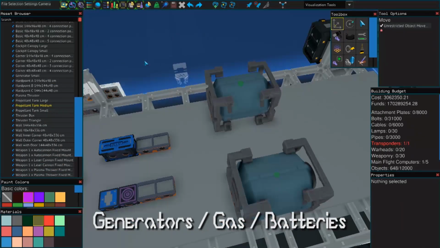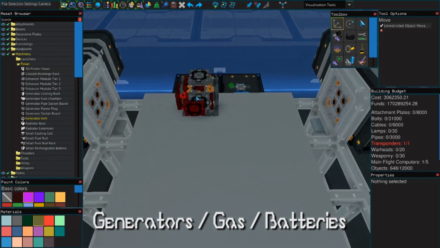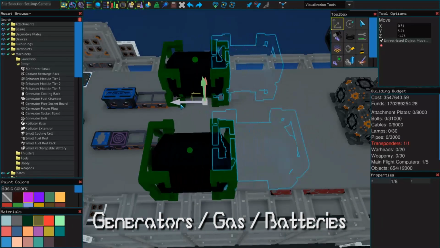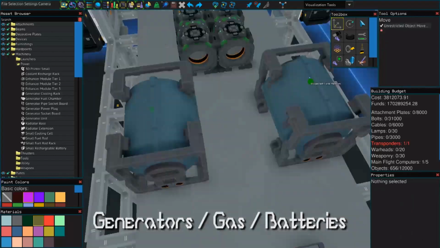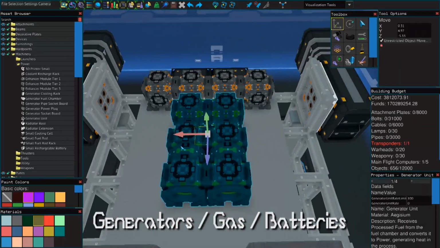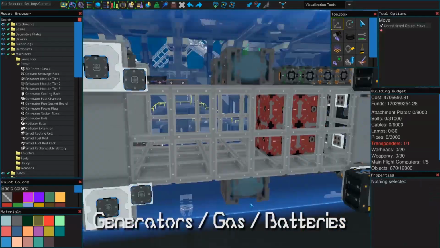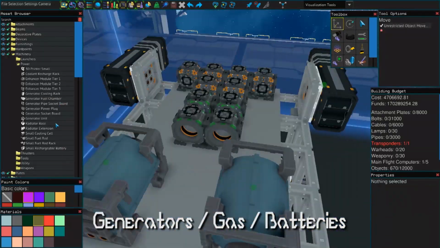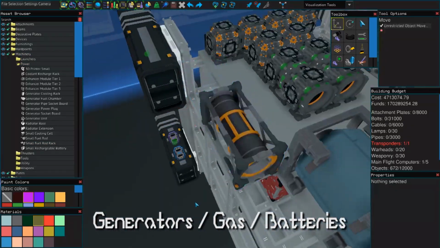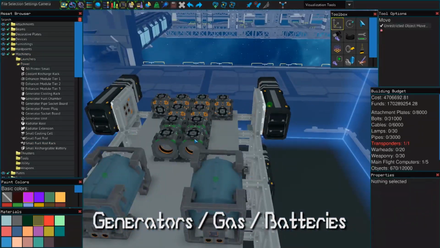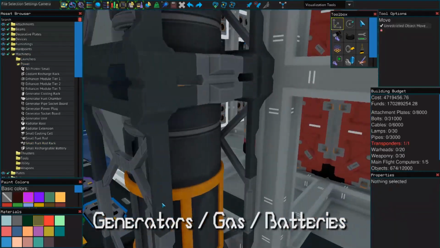After that, we're going to place down our generators, fuel tanks, as well as batteries. And the generators, they come in essentially 3 parts with a couple little extras, or 2 parts with extras. They have a fuel chamber, which is this green tube, and there are the generators themselves, which are orange. And the extra little things they need are some pipe sockets, cable sockets, and radiators, as well as the fuel,